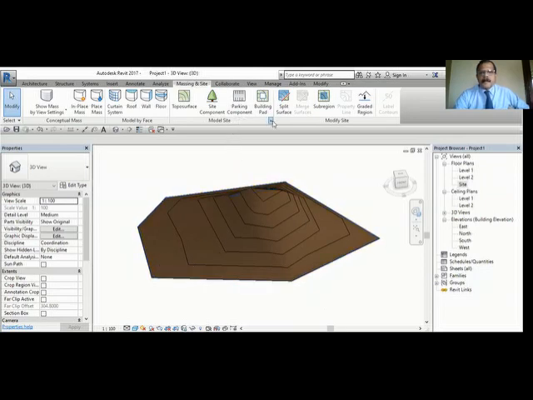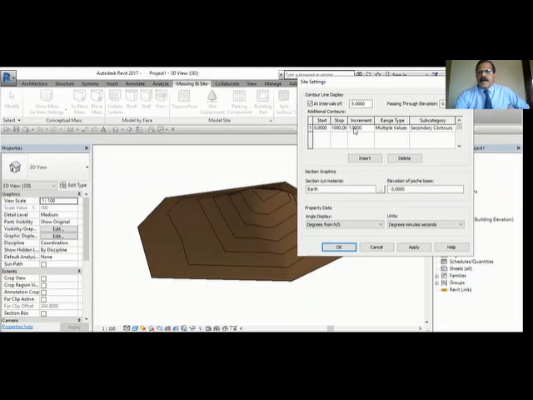Here you see, for every 1 unit it was giving 1 line. So if this is 2 units, it will put only 1 contour in between. This was 4, and it put 1 more here for 1 meter. Let me change it to 0.5. So every 0.5 will put a contour now. Apply. So it put a contour at every 0.5.